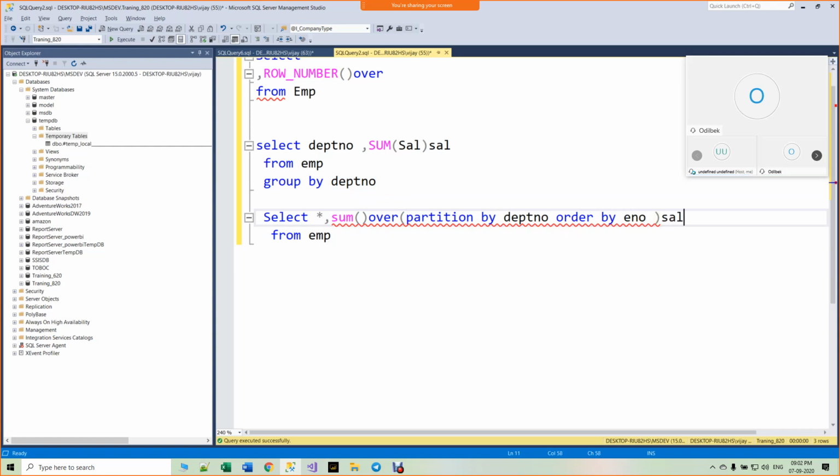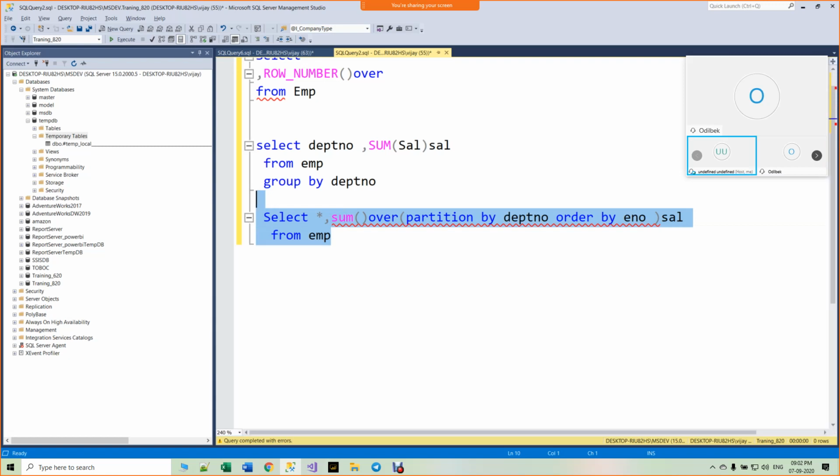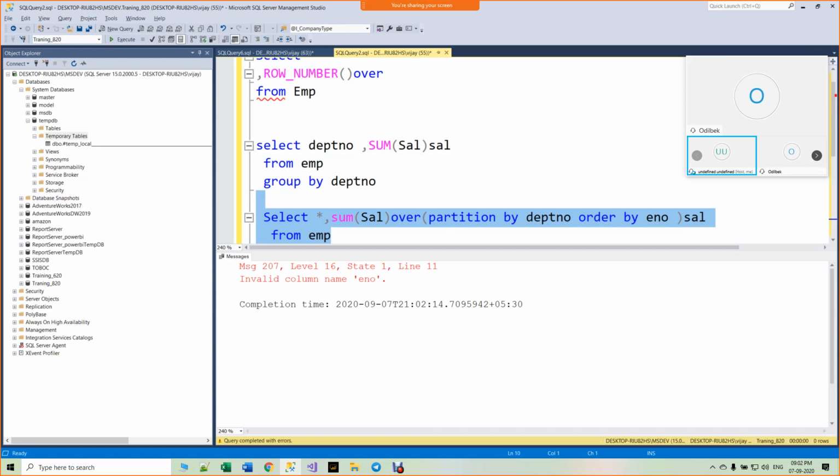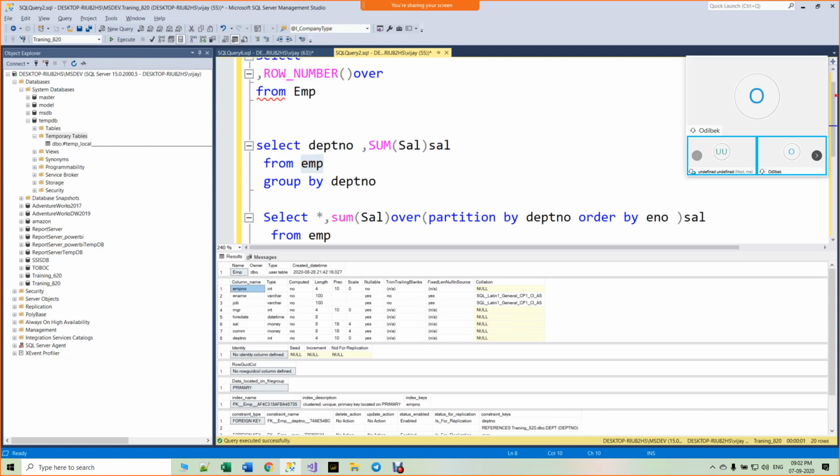This is nothing but sal. That's it. Done. Sum function requires the amount, okay, salary, over employee number.